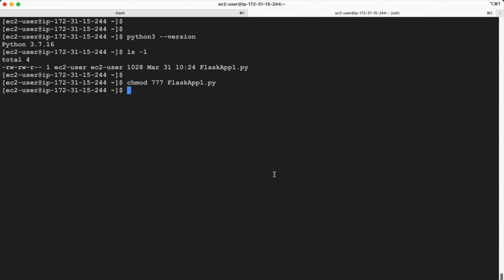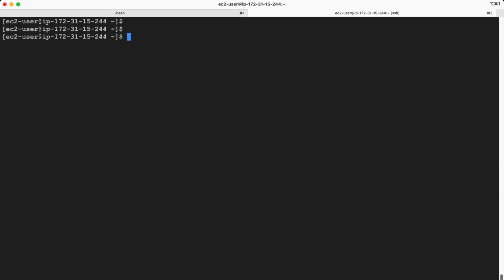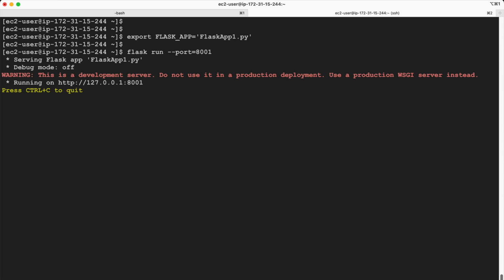Okay, now what will I do? I will run the Flask application using the flask run command, not gunicorn. So I exported the Flask app, or set the FLASK_APP variable, to flask_app1.py, and now let's run flask run --port=8001. All right, so it is running on